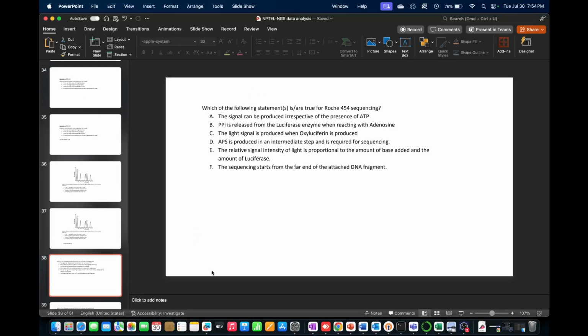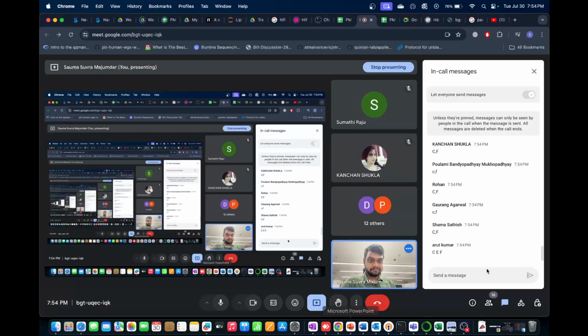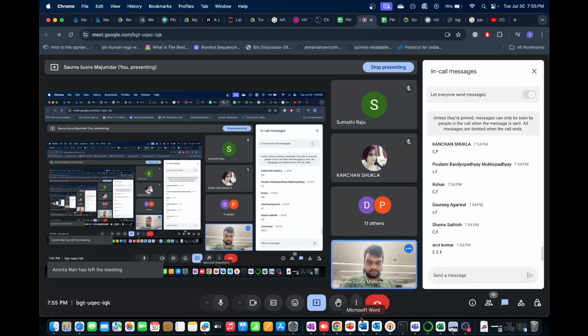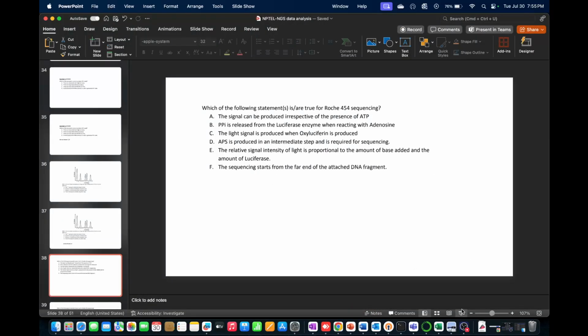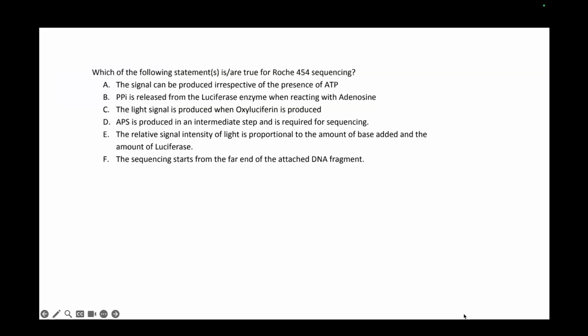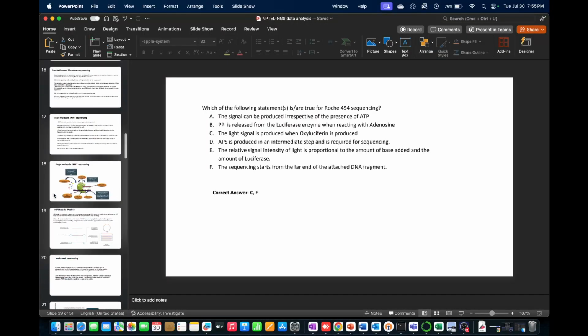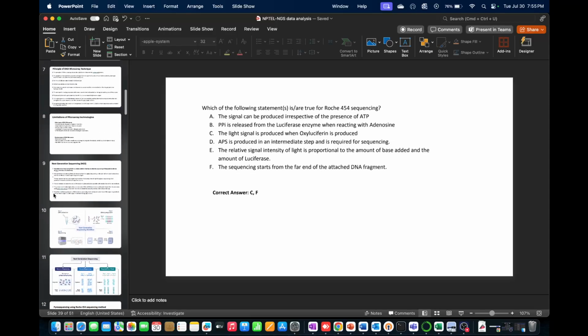Okay, let's see what answers we have. A few people actually said E: the relative signal intensity of light is proportional to the amount of base added and the amount of luciferase. It's not actually true. If I go back to the plot here,